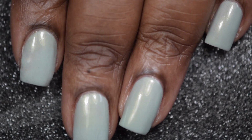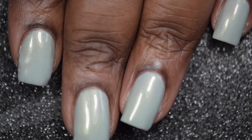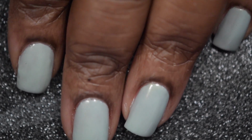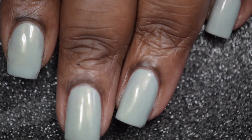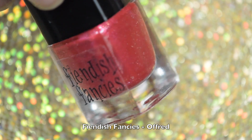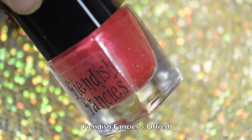And here's a final look at Martha, which was done in 3 thin coats and then sealed with a glossy top coat. I just love how this looks, and I think this would be something gorgeous to wear, especially now in the summertime. Next up, I'll be showing you Offred, which is a cool berry red with white shimmer inspired